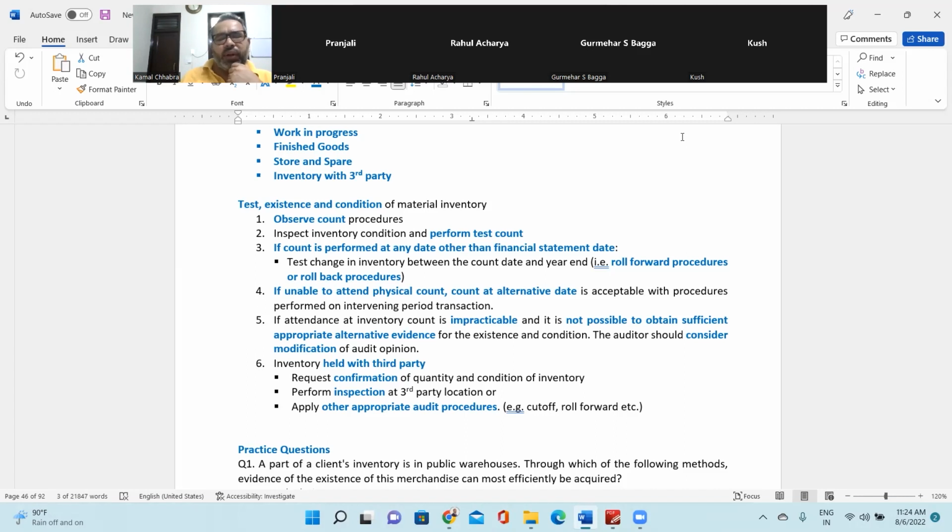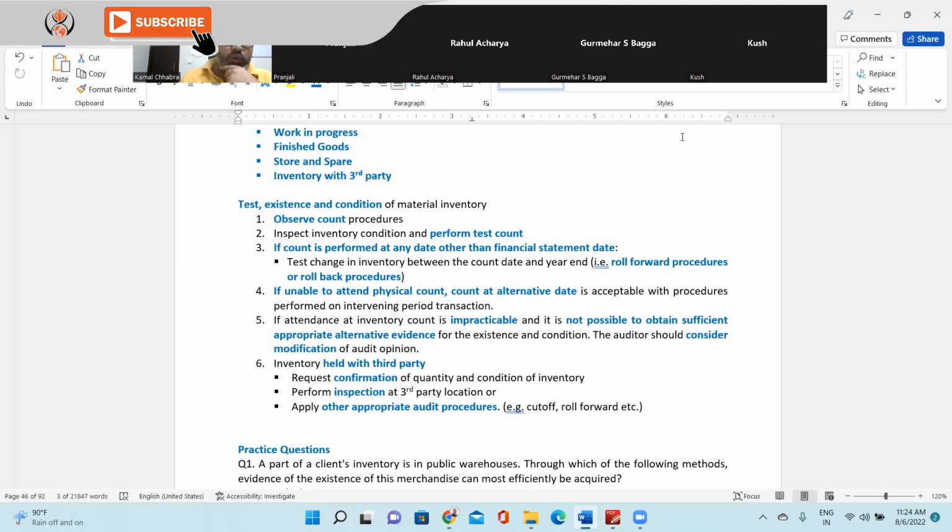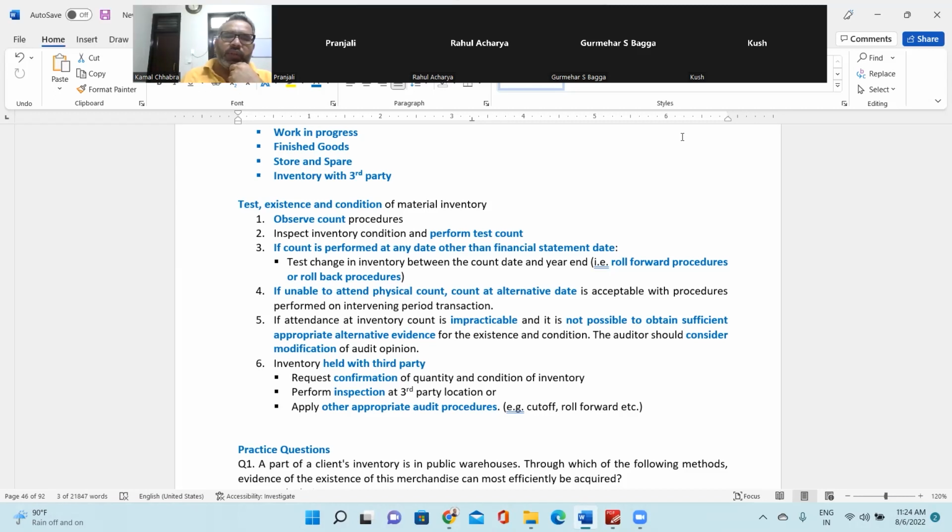For example, if your year end is 31st December 2021, and the company has agreed to perform the inventory count on, let's say, 31st October 2021, and they have invited you to observe the inventory count and perform the test of inventory count, and you have done all those observations and testing of the count on 31st October 2021, but you need to give the reporting on 31st December 2021.